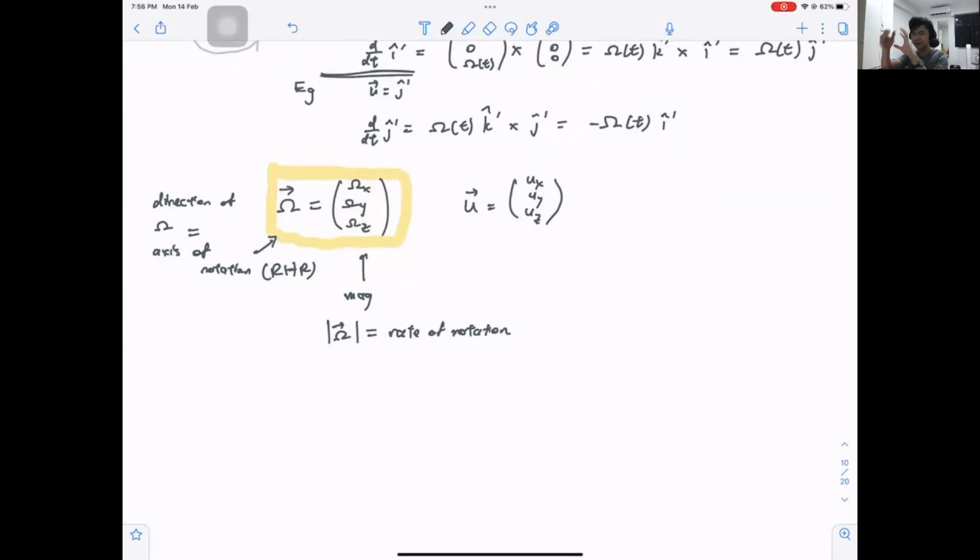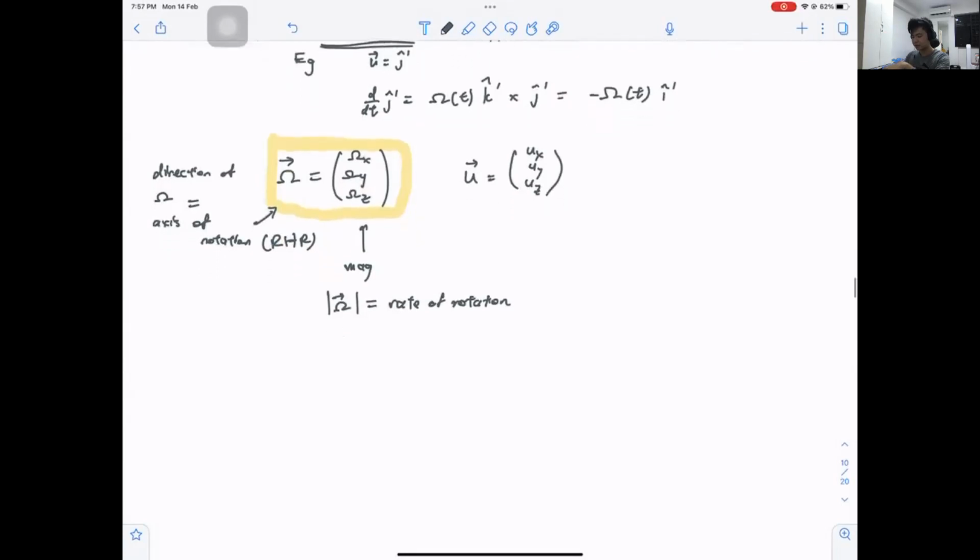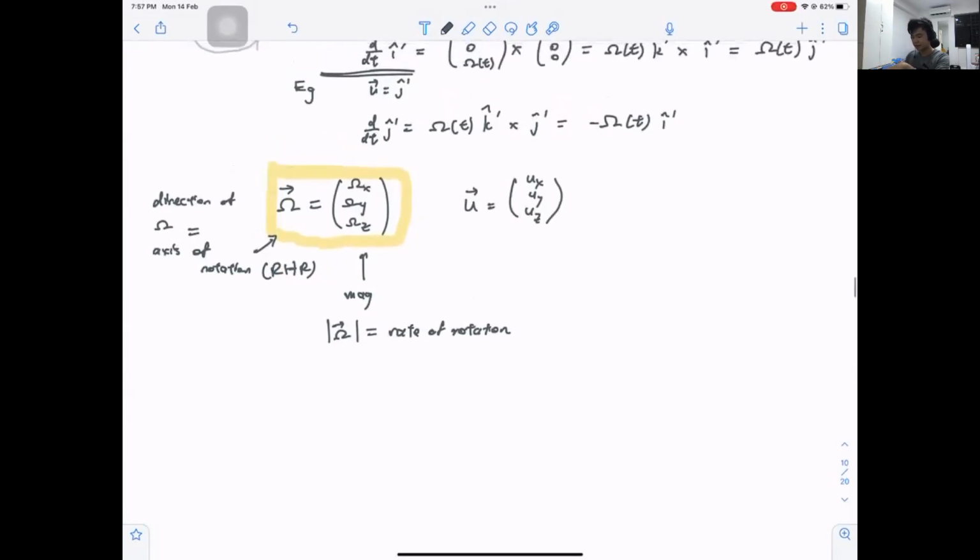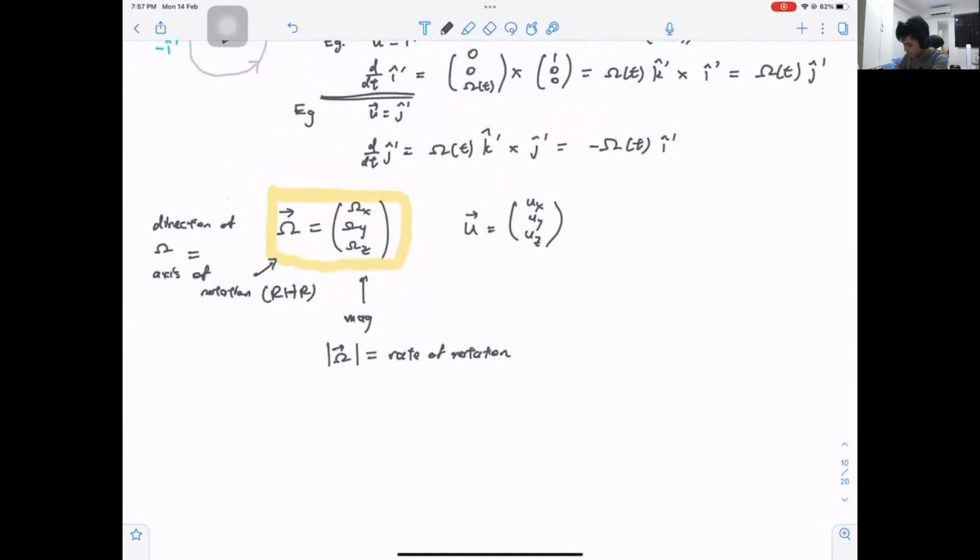So the first step would be to find the axis that it rotates by. The second step would be to find the direction it is rotating, either clockwise or anti-clockwise about the axis. Then, once we find our direction, we wrap our fingers around, pointing in the direction that it is curling by, and where the thumb points is the direction of the vector. That assigns a direction to the axis, and that will be the vector's direction. Then, how fast is it rotating? That will be the magnitude of the vector. Then for u being any vector,